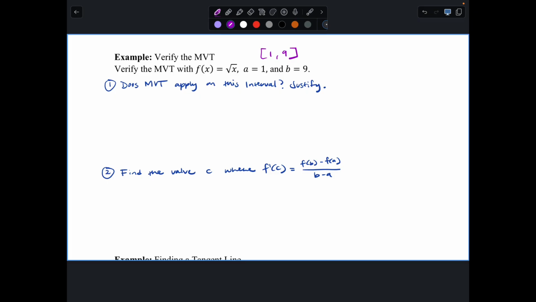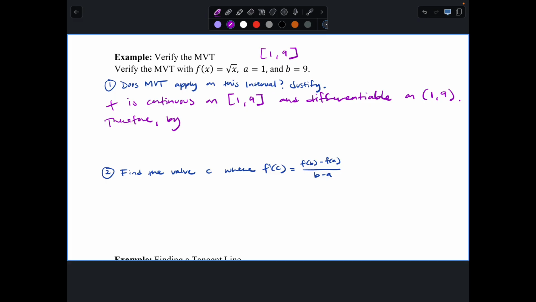So we can say f is continuous on the interval from 1 to 9 and differentiable on the open interval from 1 to 9. So basically, yes, MVT does apply. Therefore, by MVT, there exists a value